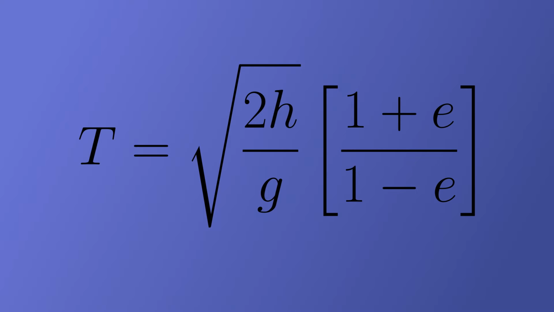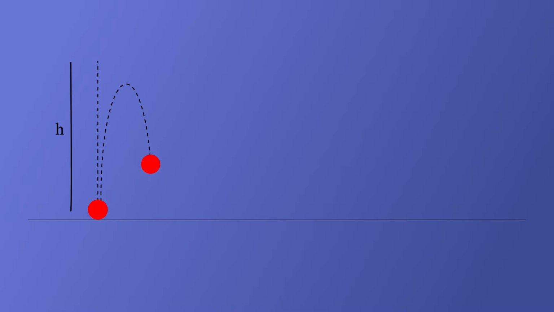This is the formula for total time taken by a bouncing ball to come to rest. We will decode this equation in a very intuitive and easy to remember way. Imagine that a ball is dropped from a height, h, and after some bounces the ball will come to a